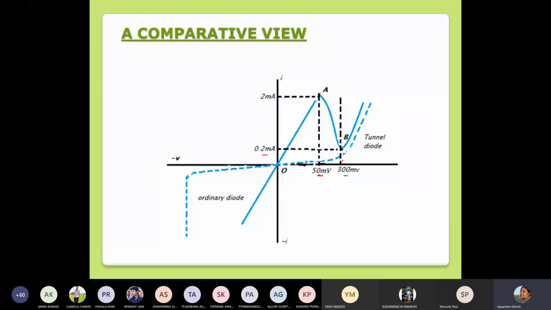I will stop at this point, and if you have any question or any doubt in understanding, please ask away. Try to think about the differences that you can point out between an ordinary PN junction diode and a tunnel diode in terms of structure, operating principle, and IV characteristics, and think about some applications of this device as well. Okay, so I will stop here and you can ask questions if you have any.